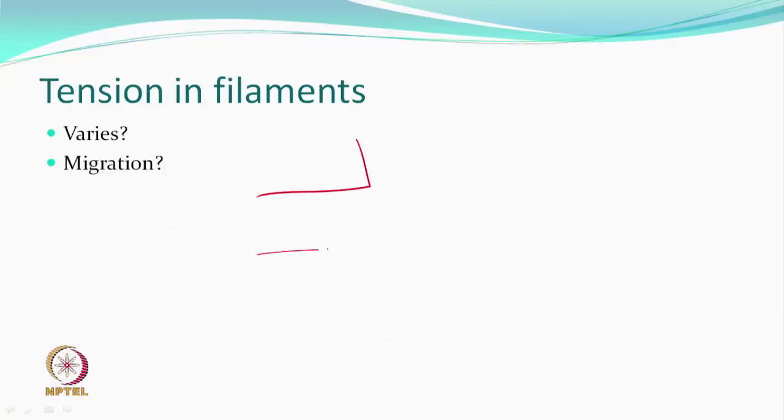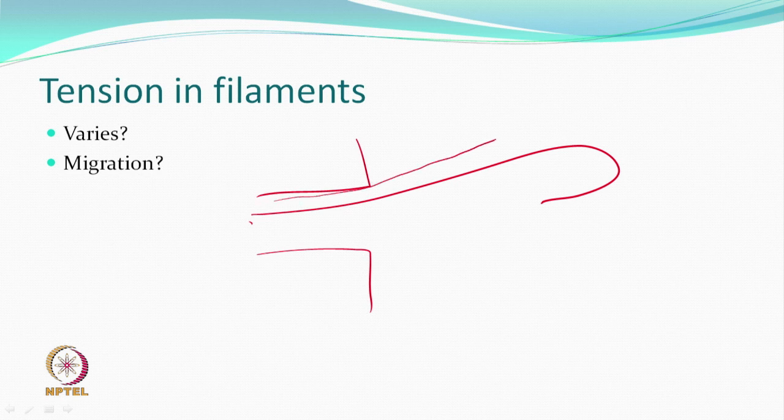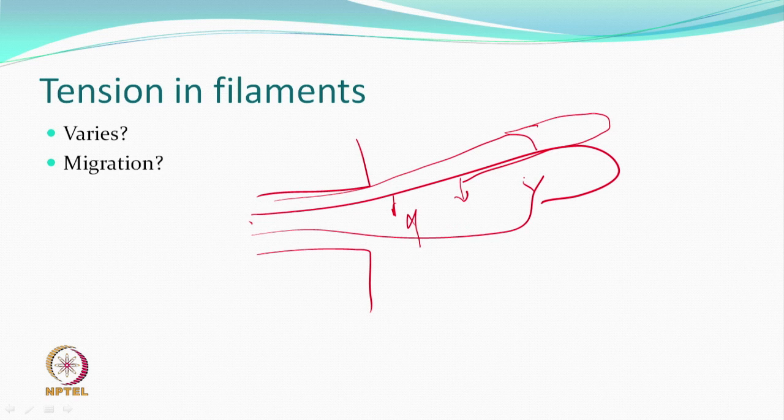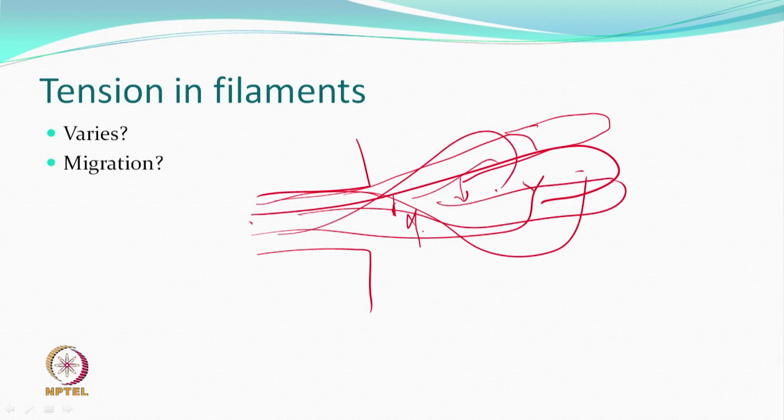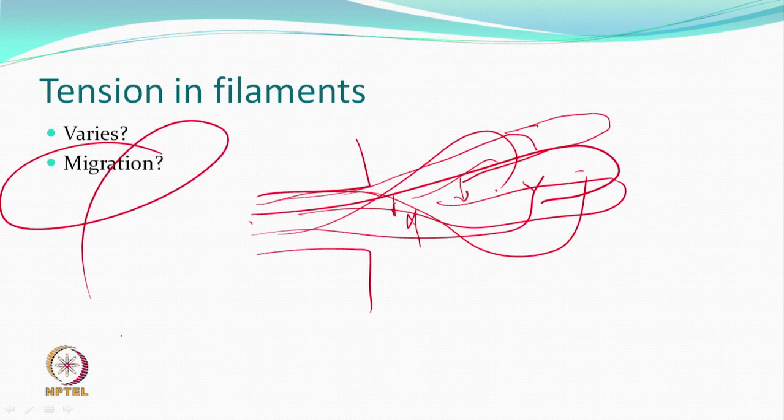So, this filament, let us say, is moving faster, has made the loop. This filament was moving slowly, is still there. This will like to come down, this is still going up, but maybe at a point of time it will make a loop somewhere there, and similarly, and so they will move up, they will go down as the loop formation takes place. And so, it is quite possible at some stage this is actually moving like this, the other one is going up, and so they are moving and migrating,